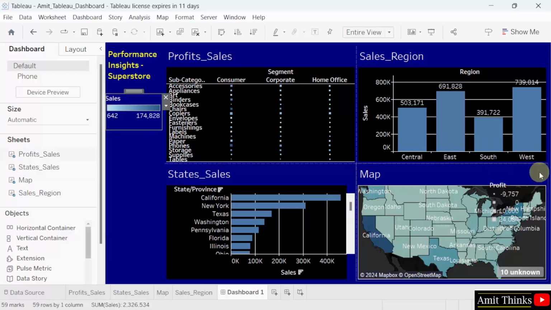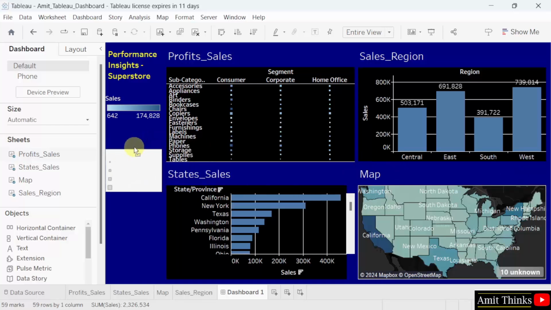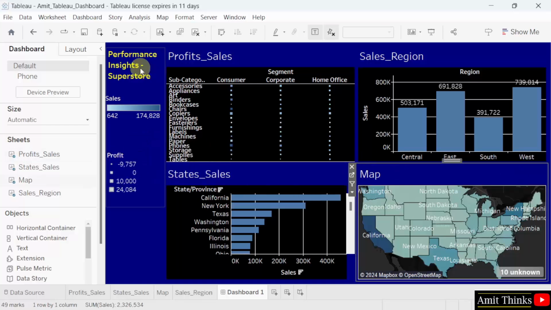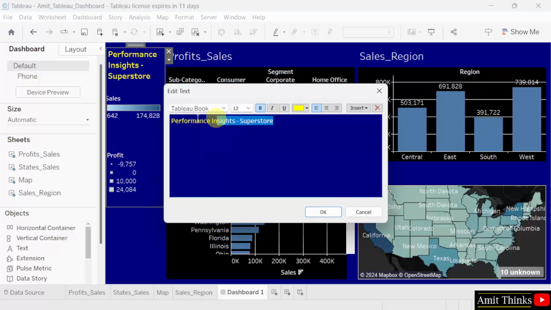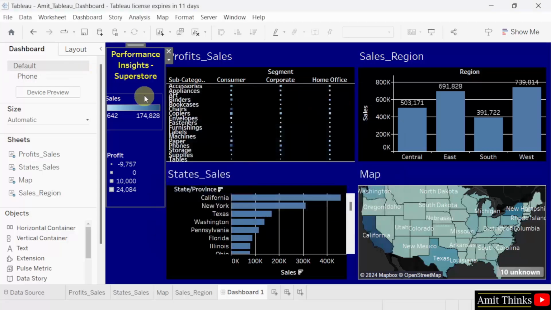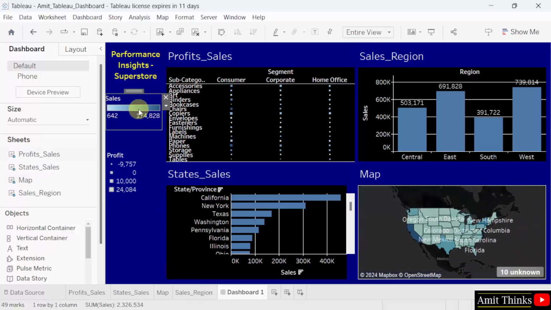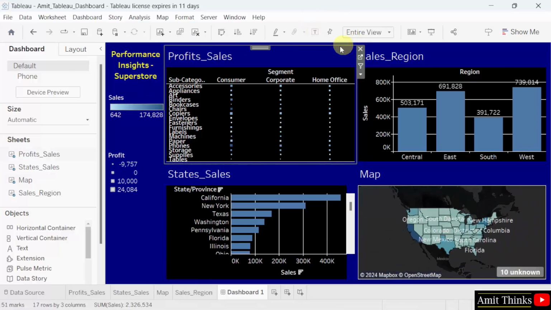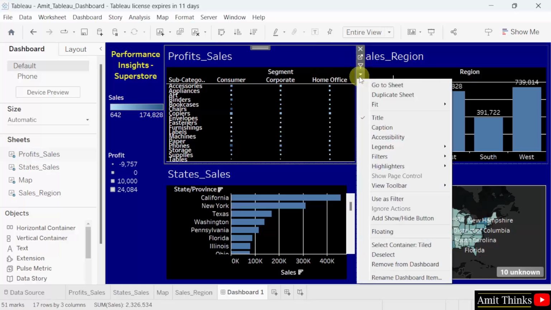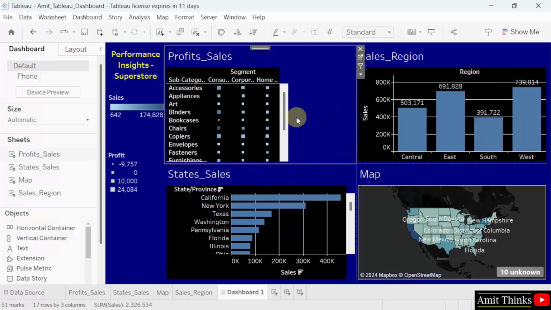Take this here and take the profit here. I'll center align it. Okay, now we have a dashboard. We can also change the name from here, or we can directly click here and select this to go to the sheet. It will take you to the following. You can also fit the sheet. Let's say I'll go for standard and it's visible like this. Okay, but I'll again change it to